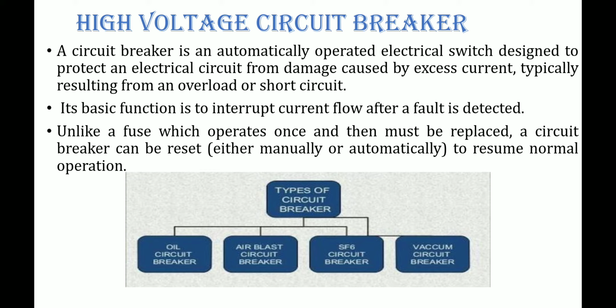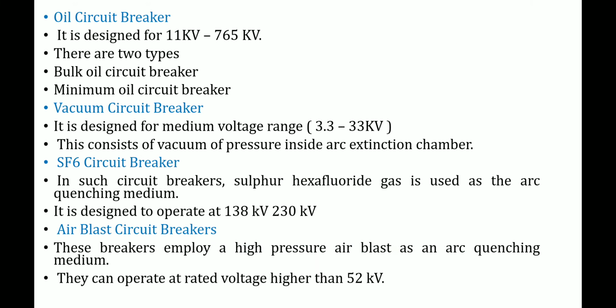We have different kinds of circuit breakers here. One is the oil circuit breaker, the second is the air blast circuit breaker, the third is the SF6 circuit breaker, and the fourth is the vacuum circuit breaker. The operation of these circuit breakers in detail is not there in your syllabus, just the application of these circuit breakers. The first one is the oil circuit breaker. Oil acts like a medium to quench the arc, to suppress the spark that is generated. I hope it is clear. Here the medium is oil, which acts as an arc quenching or spark suppressing medium.